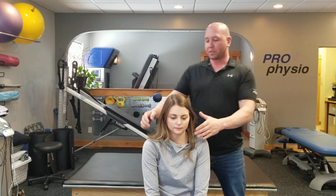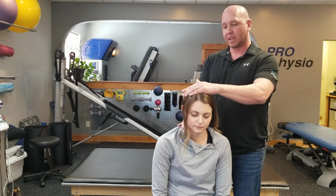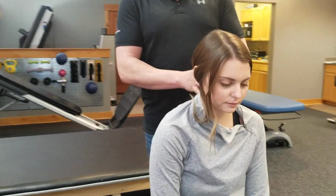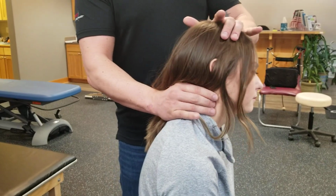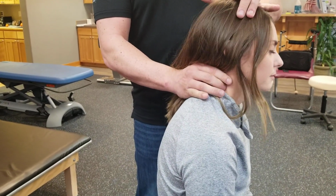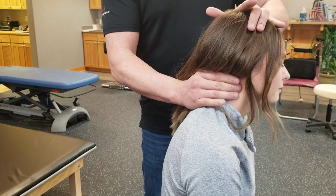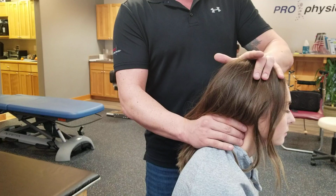So we're going to demonstrate a neck adjustment. The cervical spine, so the neck area, has 7 bones, and they have one joint on each side. When we're assessing as a chiropractor, we use different types of touching or palpation. What I'm doing now is motion palpation, where I'm flexing the joints over my finger and I can feel where